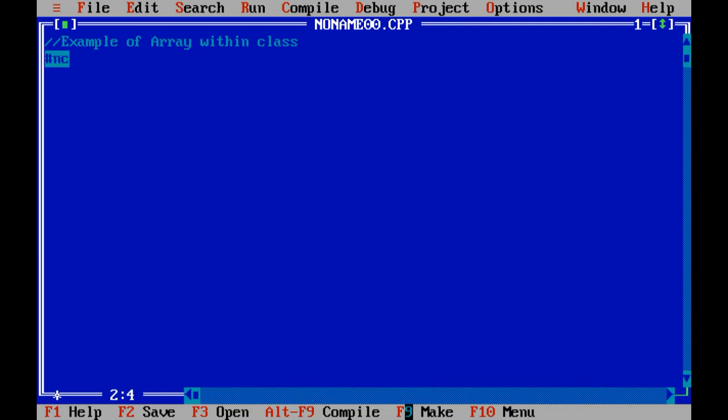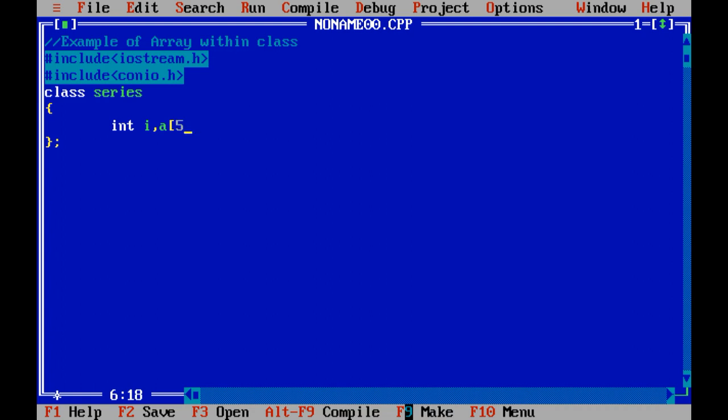So let me include two header files, include iostream.h and include conio.h. One new class I am going to define, that is class series. Then integer i, a of 5.